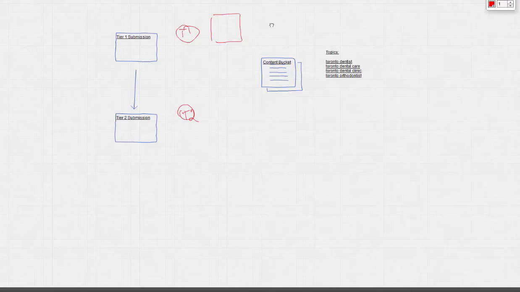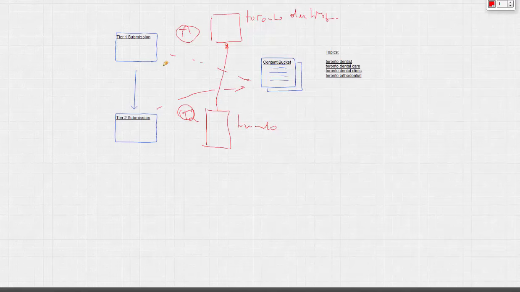Once the article is created on the topic, let's say Toronto Dentist, the lower tier, if it uses the exact same content bucket, will be created on the same topic of Toronto Dentist.